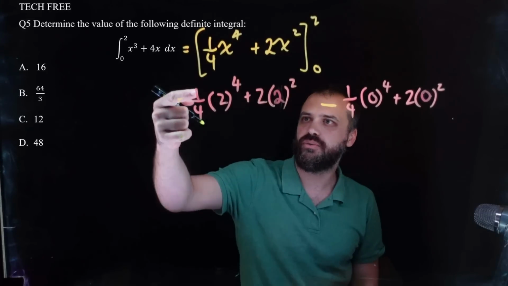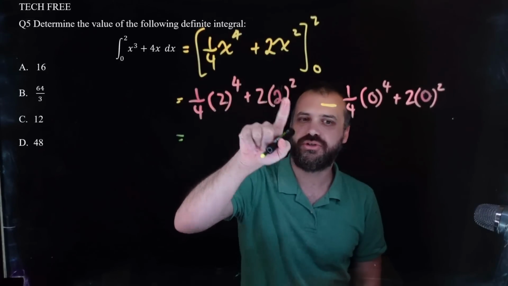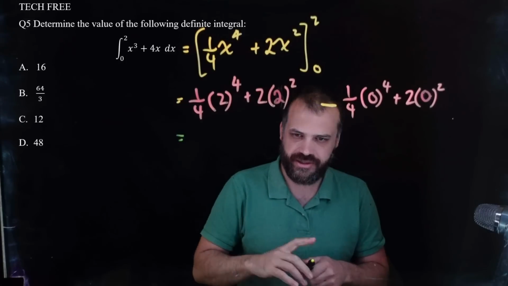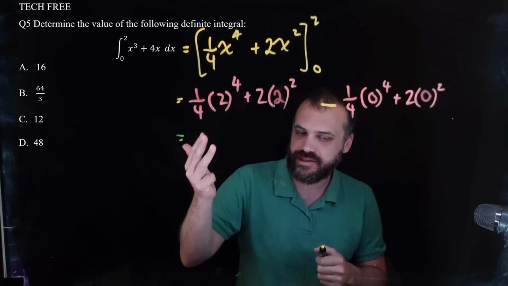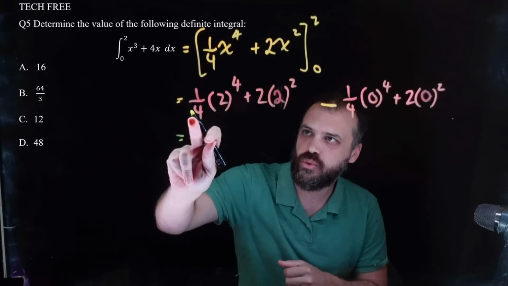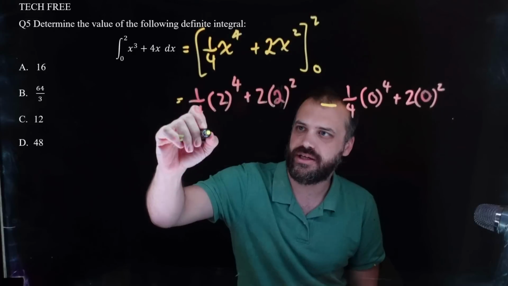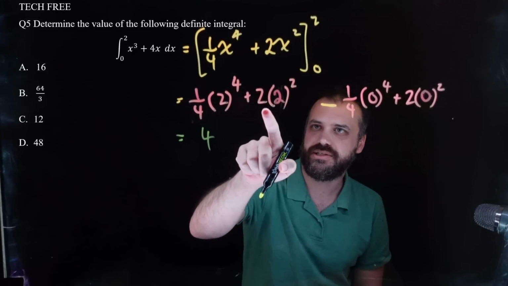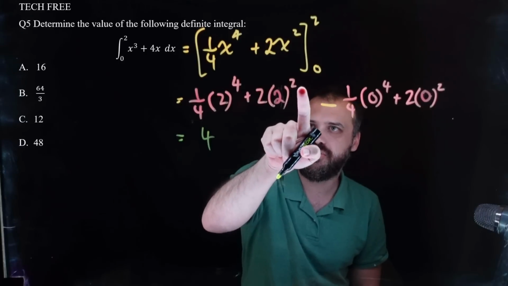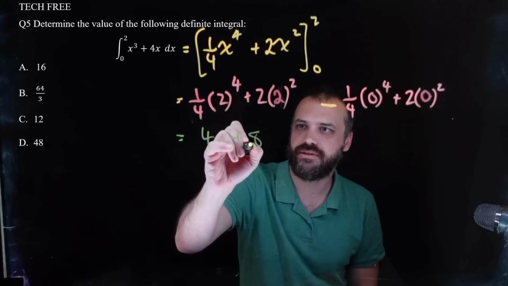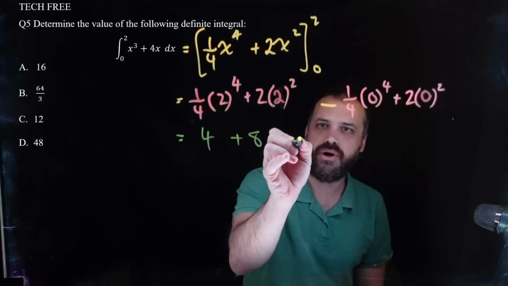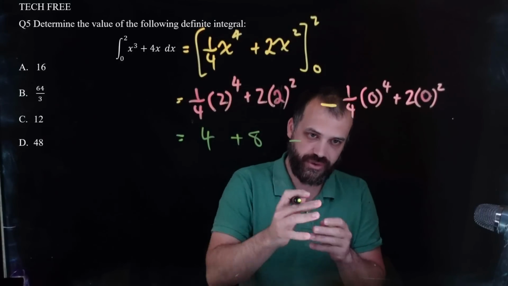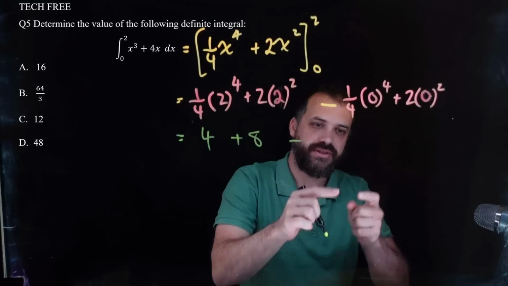Now, what have we got? 1/4 times 2 to the 4. A lot of people are going to say that's 8, but 2, 4, 8, 16. 1/4 of 16, that's 4. Plus 2 squared is 4, 4 times 2 is 8. That's 12. Minus, and very, very often when you're integrating between 2 and 0, the second half here